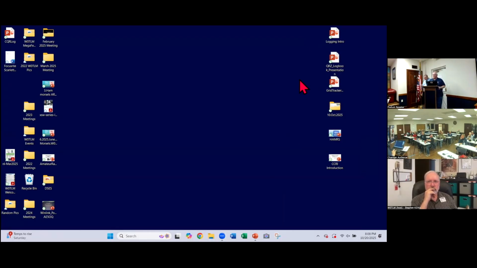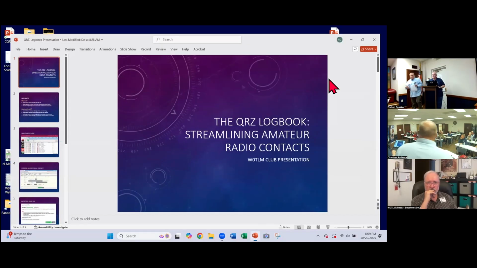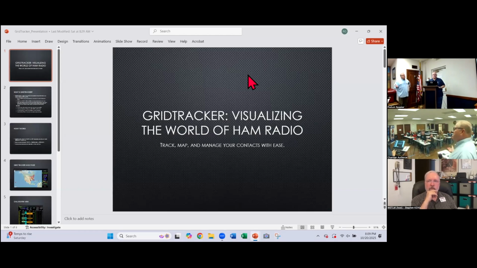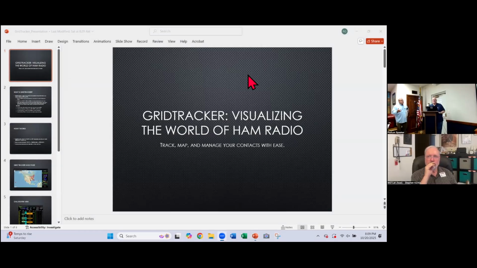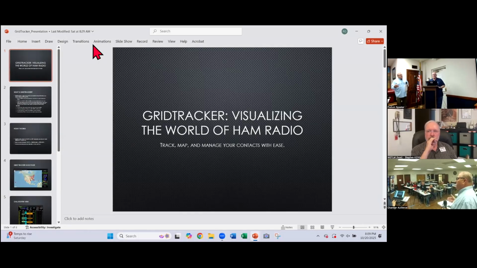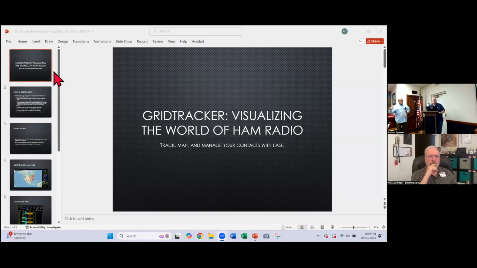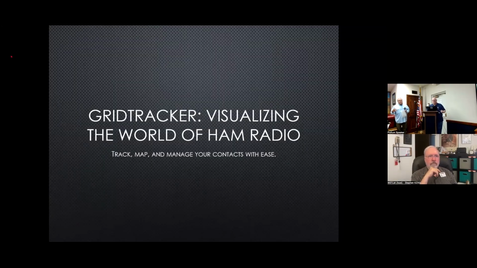So Grid Tracker is really specifically for programs like FT8 and FT4. So it's kind of a companion tool. I think if you're going to run your WSJT-X, you'd really use your Grid Tracker on like a separate screen. It is intense, and I'll show you some of the screens. There's a lot of data in this particular tool, but it can be very powerful if you want to do things like if you're tracking grids or just want to see some other data around what's going on out there